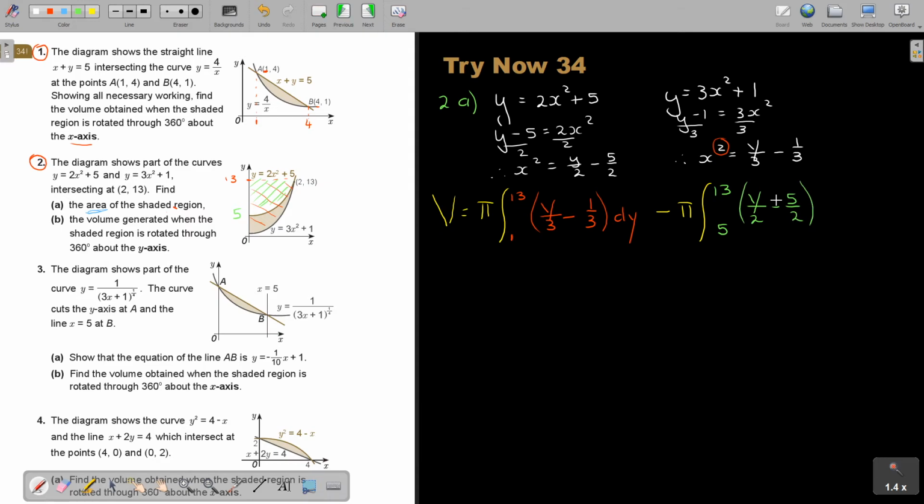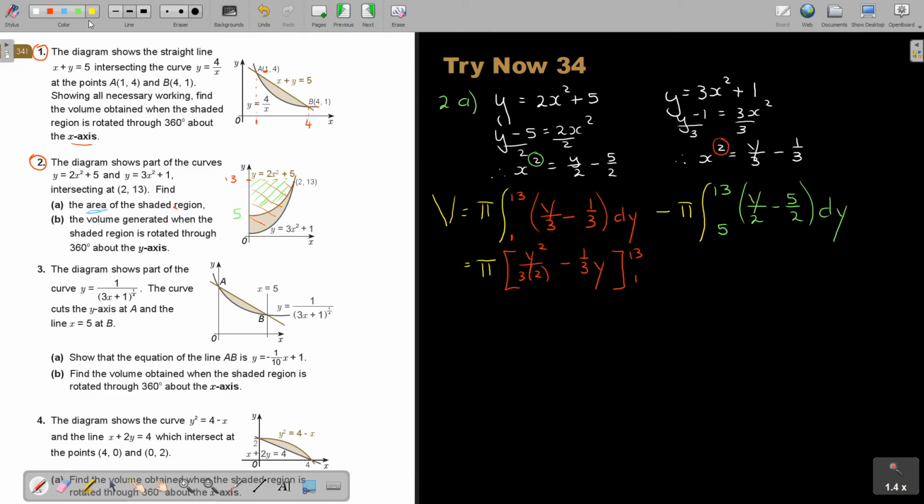Again it's a square, so I don't square, and it's still dy. And that is going to be now pi. Let's see, I think I can already go into integration. Everything is ready there. So it's going to be y squared over 3, and don't forget to divide by the square, minus 1/3 y,